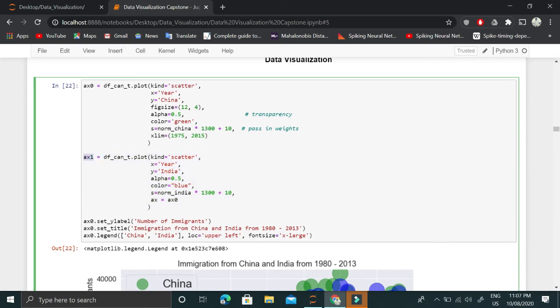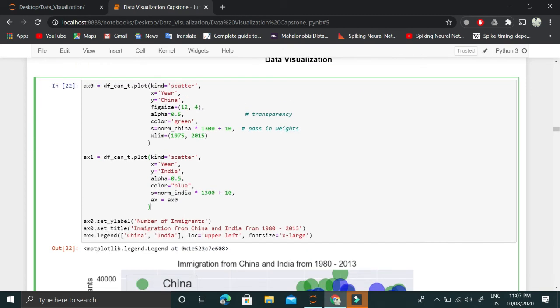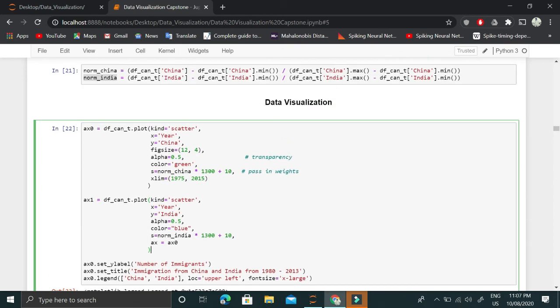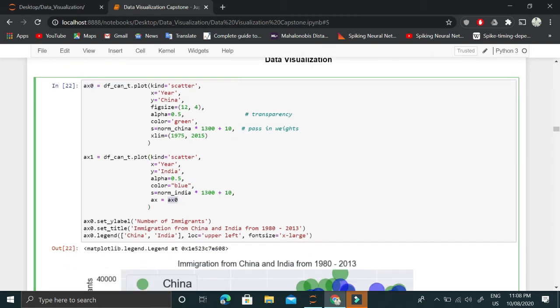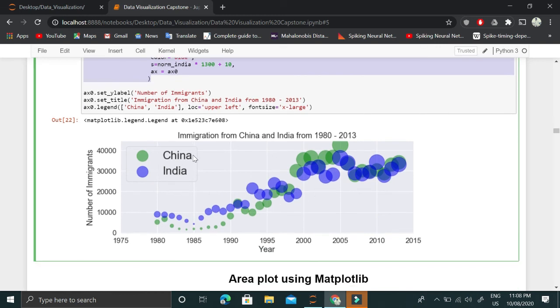We could do a lot of things with that, but this is not the place to explain these details. I'll be making a lot of other videos for customizing different kinds of plots using these lower level matplotlib functionalities. But for now, you need to understand the handle that we have given back to x0, and this parameter that we have passed as x0 simply means that the plotting of India should be done above or on this figure that we have created.